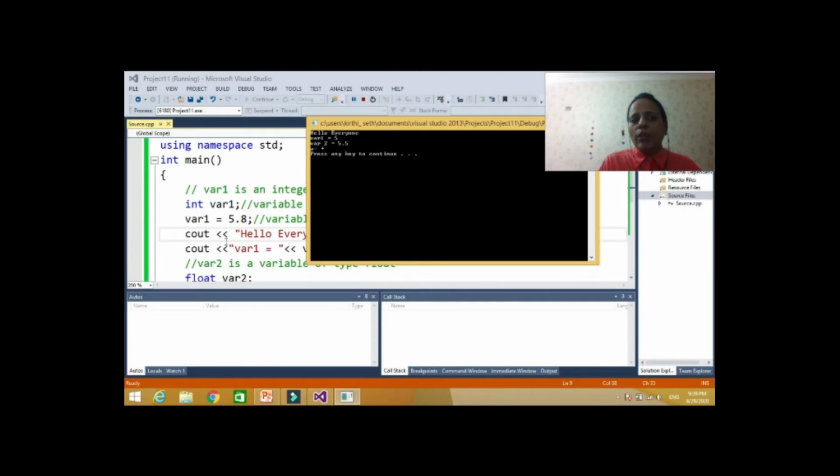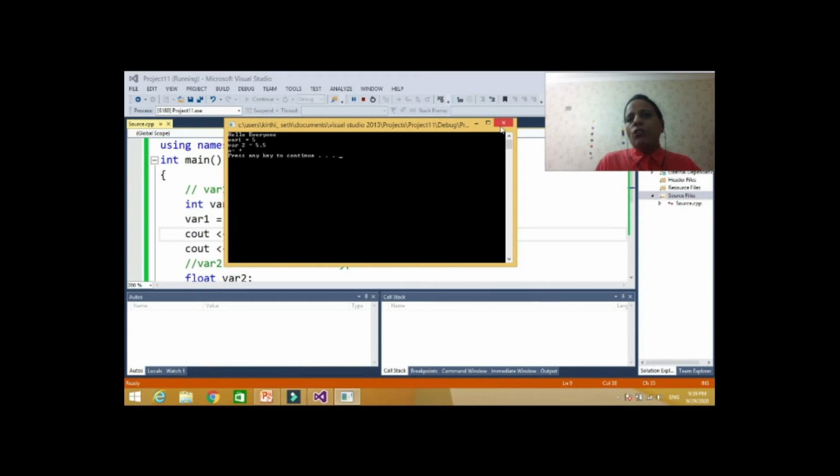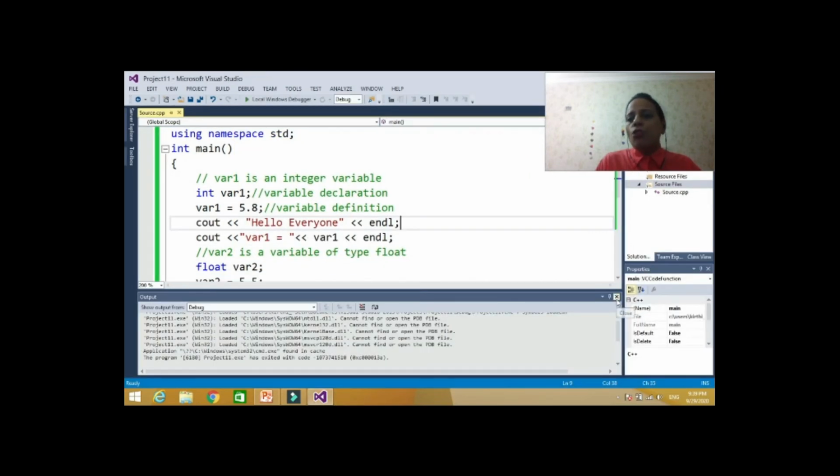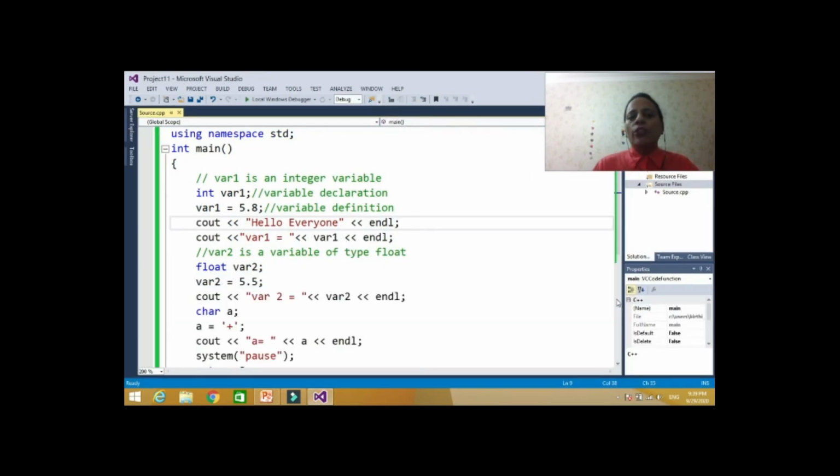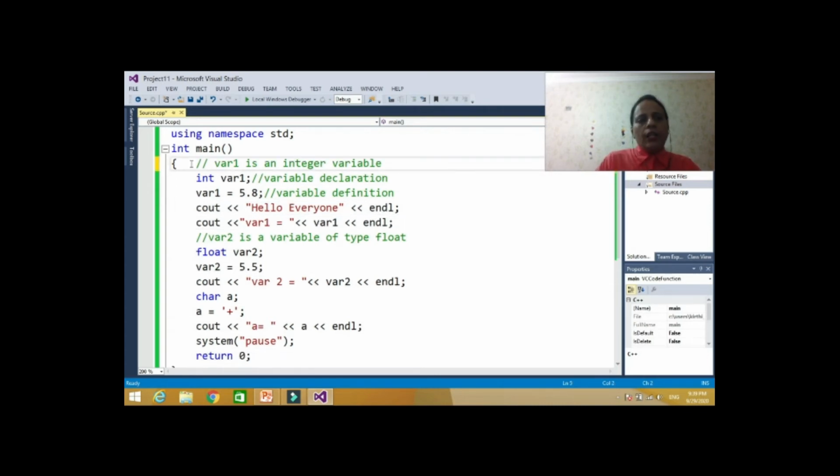It will not display the decimal part, because var1 will store only the integer part. Even up to 5.9 it will store 5. As soon as it becomes 6, it will store 6. So you will lose your data. So you should choose your data type according to your data, and be very careful to choose it.